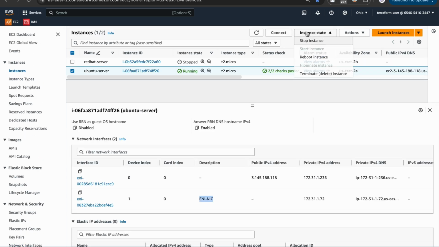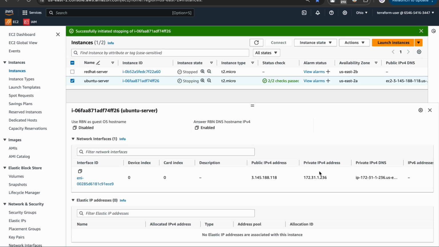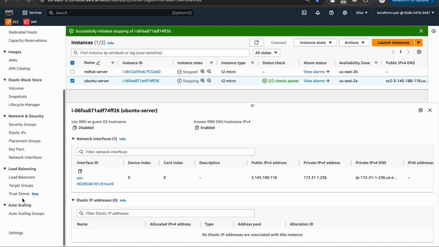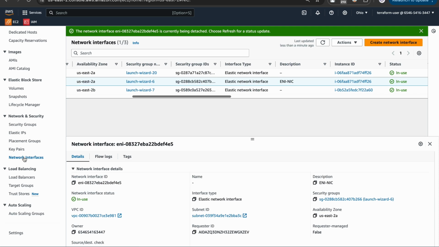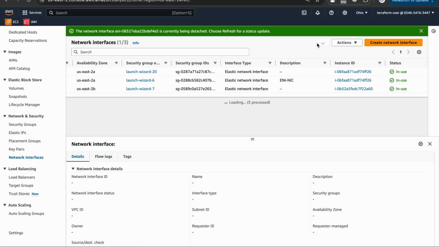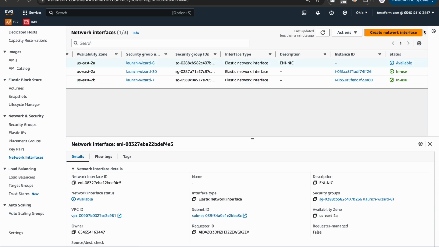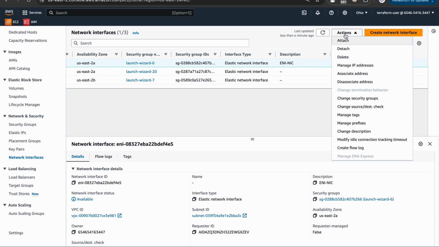Now let us stop this instance, because it will charge me on the basis of how many resources I'm accumulating. Now I'll go back to network interfaces. Now let us see how we can delete the NIC which we created, that is the ENI. I'm deliberately using the term NIC because we are used to the hardware resources which we have been using so far. So when I say NIC, it's ENI in AWS terms, right? Now let us delete this ENI. Click on action, click on